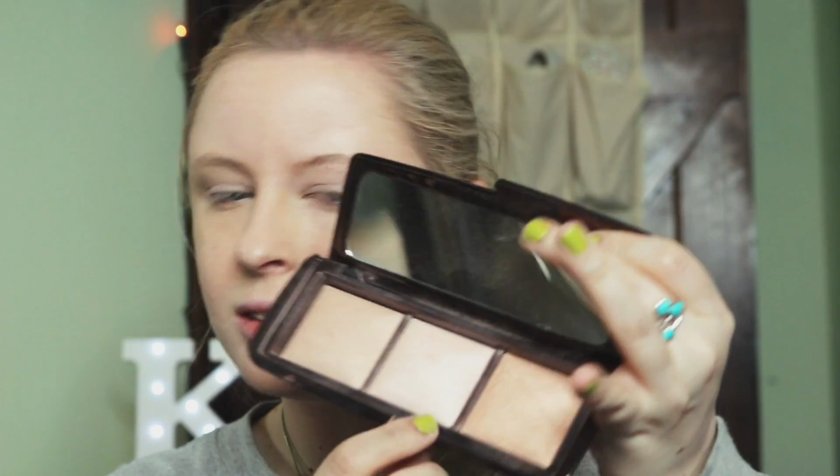So this is the palette I'm going to use. I'm going to use the middle colour. It's Hourglass's Ambient Lighting palette. So what do I do? Do I just rub it and then just go like that? Do I just wing it and just...